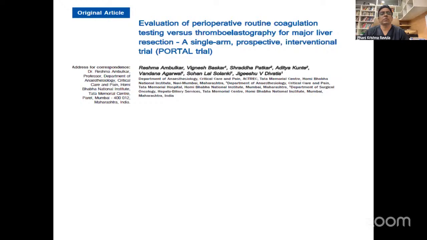Now let us move to this study. This study was done at Tata Memorial Hospital on post-liver resection patients. They did a prospective interventional study, meaning if the TEG value is